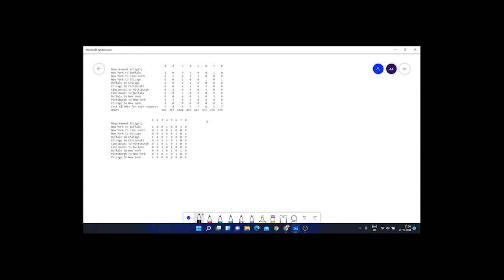What the company generally wants is to provide very flexible customer service, which means from each city to each city, there should be at least one flight in their operation. That's one constraint: there should be at least one flight going from one city to another city.